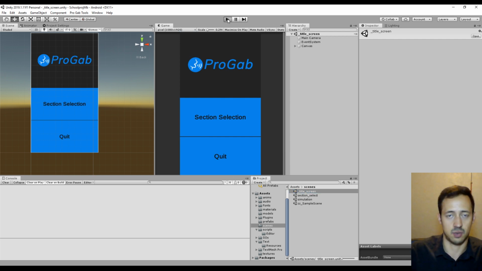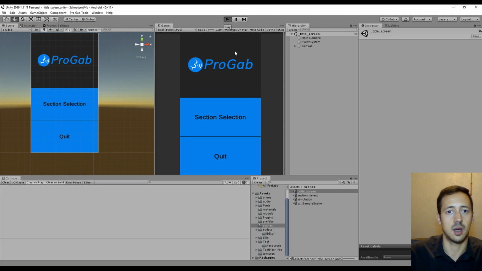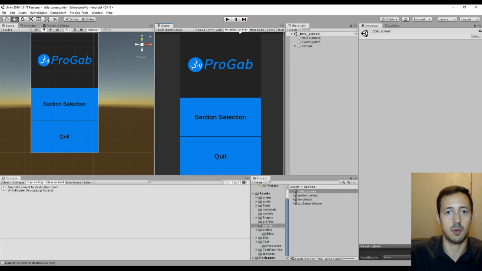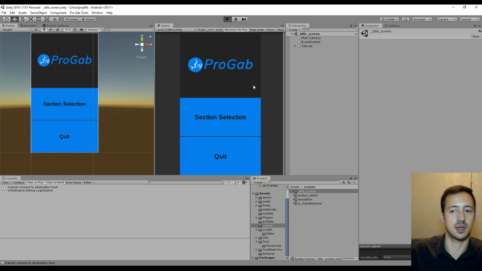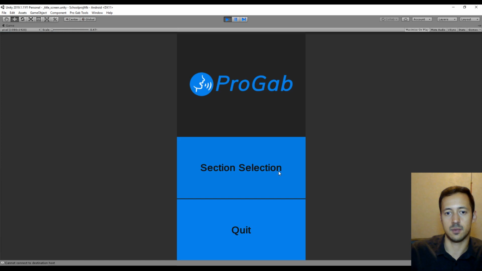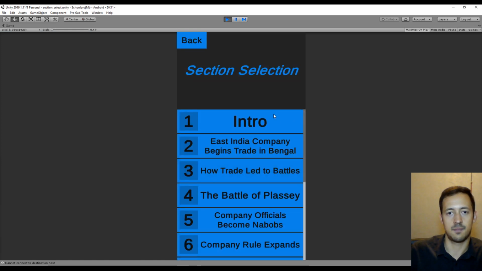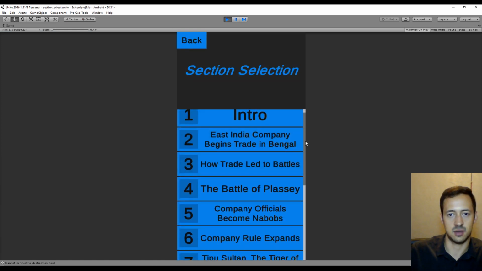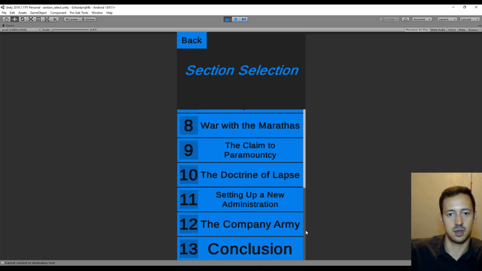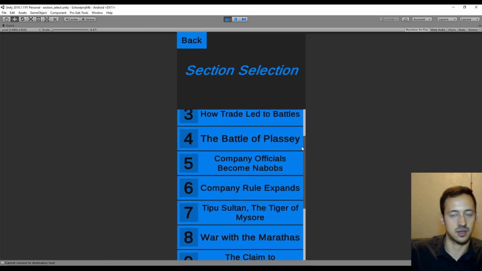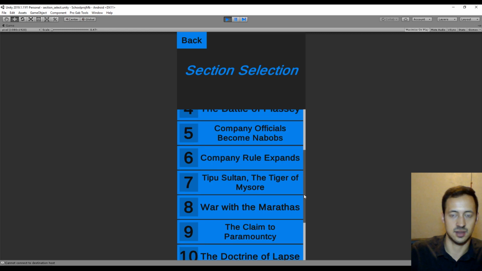And I'll just run this real quick so we can see what this looks like. And actually, I'll tell you what, I will maximize this on play so we can get a nice big view of what's going on here. Section selection, and then it populates with a list. You can see we have all of this content, and then each of these has its entire